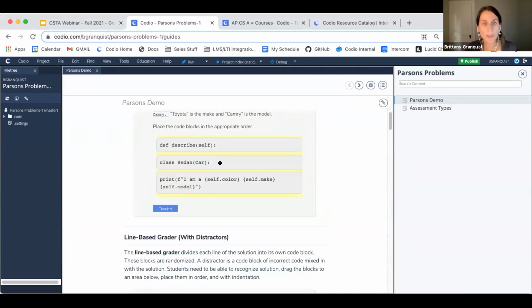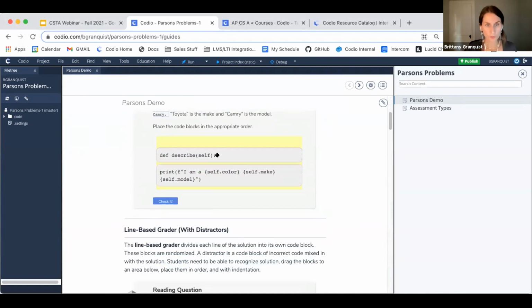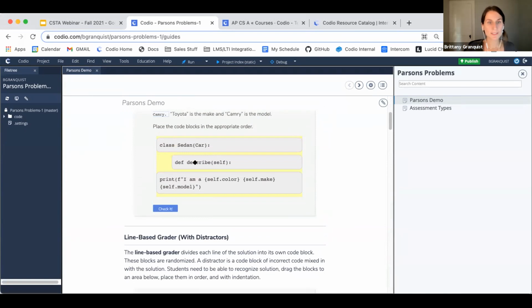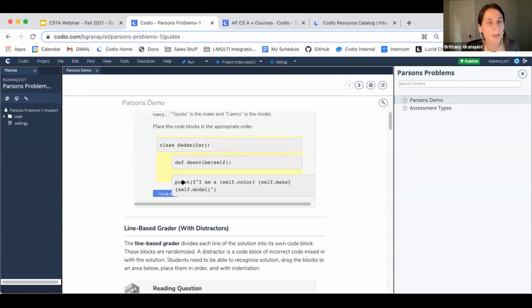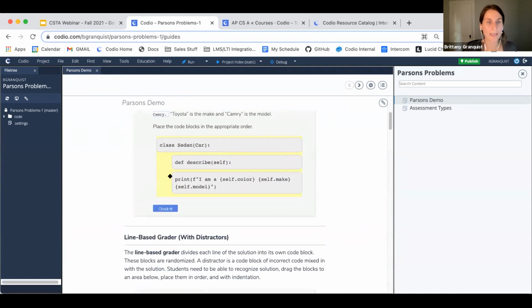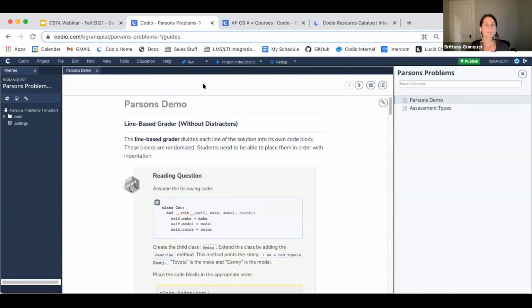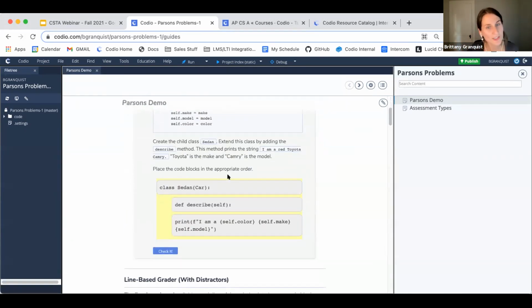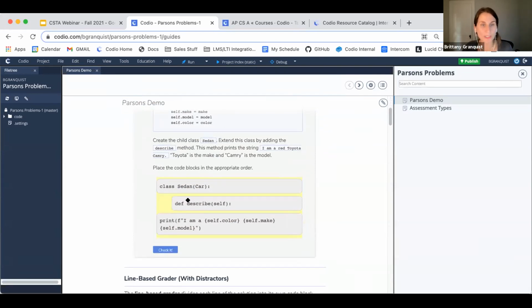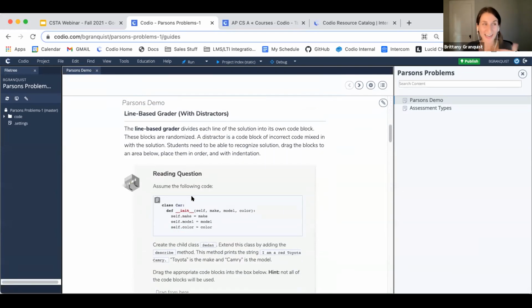So I'm going to reset this really quick. Essentially, you can create the different lines of code, and then students reorder them, play around with indentation, and get feedback right away. There's a lot of different ways that you can program your Parsons problem. This one doesn't have any distractors. You need all three lines of code here, right? But there's another type that I like a little more.